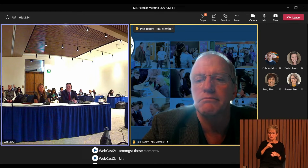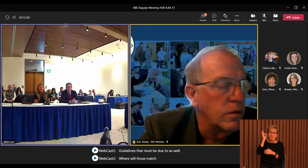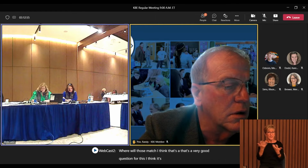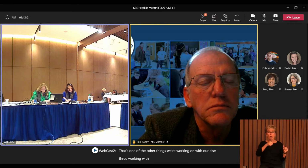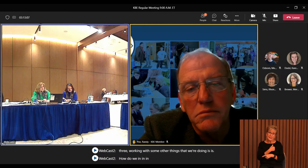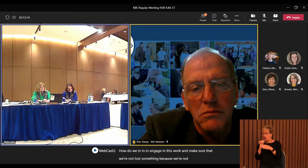There are federal guidelines that must be adhered to as well. Where will those mesh? I think that's a very good question, Bruce. That's one of the other things we're working on with our L3, working with some other things that we're doing: how do we engage in this work and make sure that we've not lost something because we're not following the rules, if you